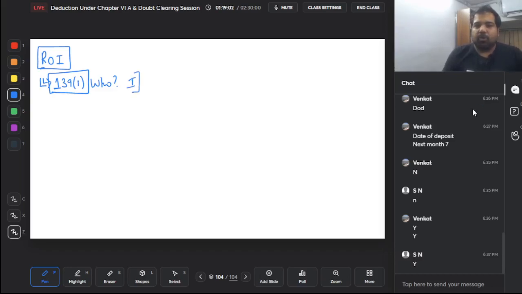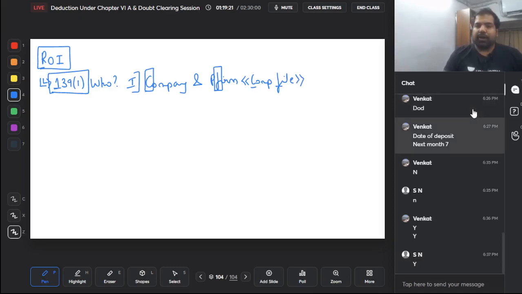Anyone who is a company, any company, private limited, public limited, etc., and who is a partnership firm has to compulsorily file. So the shortcut is compulsorily file. So who needs to file compulsorily? A company and a firm needs to file compulsorily. That's the shortcut. So in the exam, if ABC, XYZ Limited, etc., they ask, they definitely have to file compulsorily. Second,